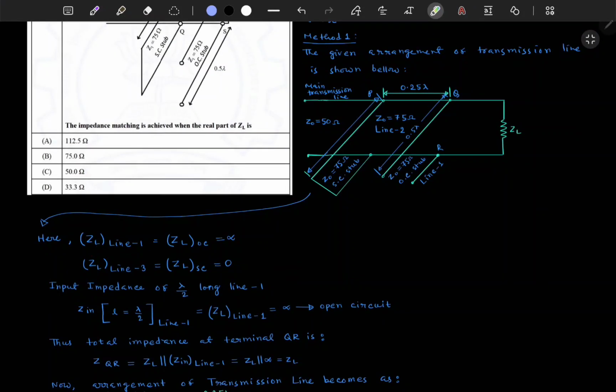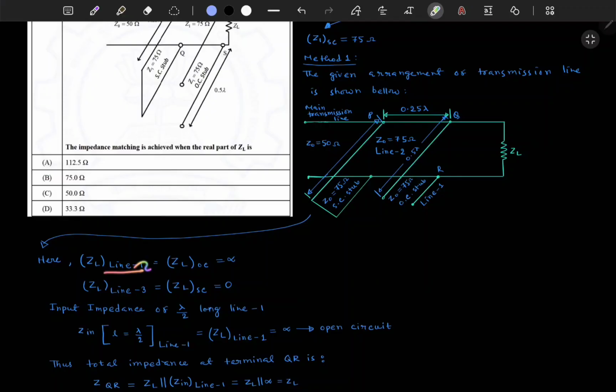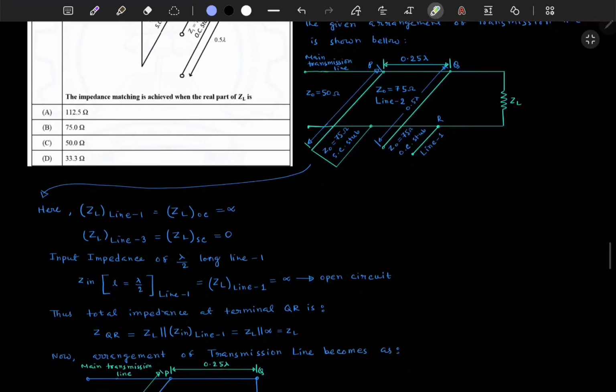Then for this ZL, line 1, okay, this is line 1. This is open circuited, so that means ZL for this line is infinite, and for line 3, it is short circuited here, so it is 0. Now the input impedance of a lambda by 2 long line, this length is 0.5 lambda, that means lambda by 2. So Zin for the lambda by 2 line, this line 1, is equal to infinite, open circuited. Thus the total impedance at the terminal